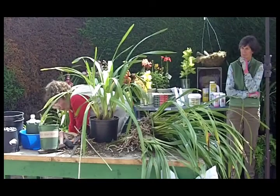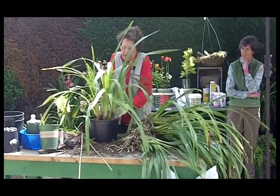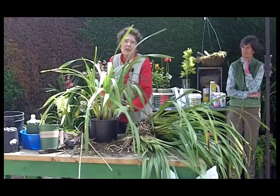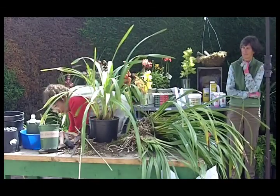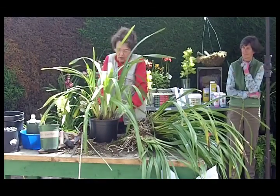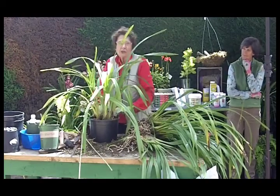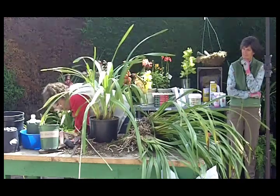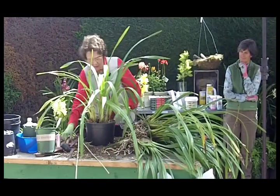So the important thing to remember is if you plant a plant back into too large a container, it will drown and it will not grow. It will go backwards. It will drown in the soil mix. That's one reason why I like the bark. The bark breaks down eventually, but not too quickly, and it has super drainage. That's what you want. If you have extremely good drainage and you're going to feed regularly,